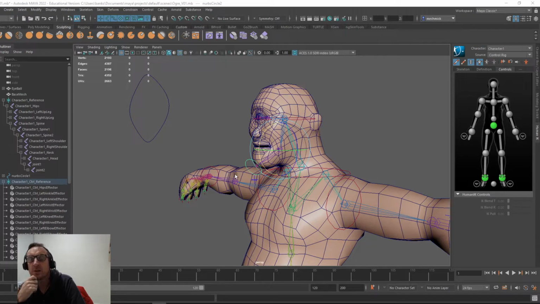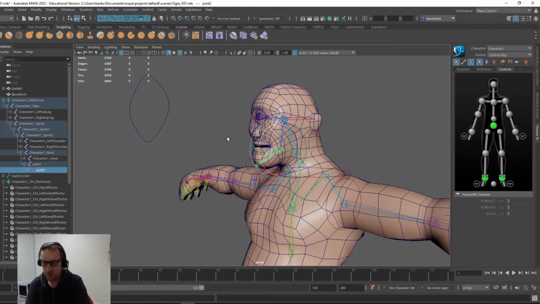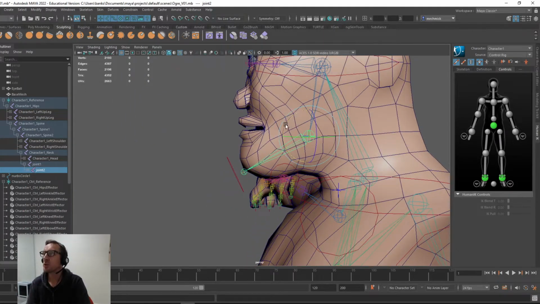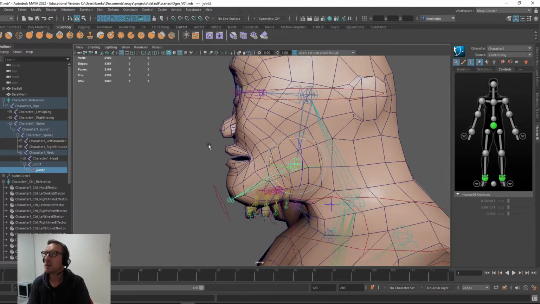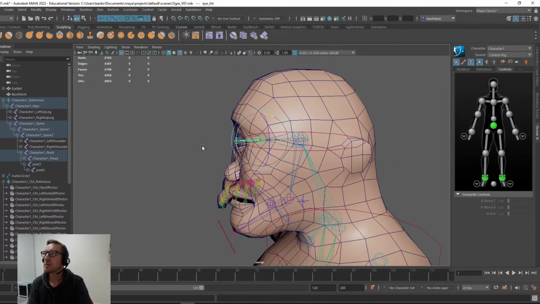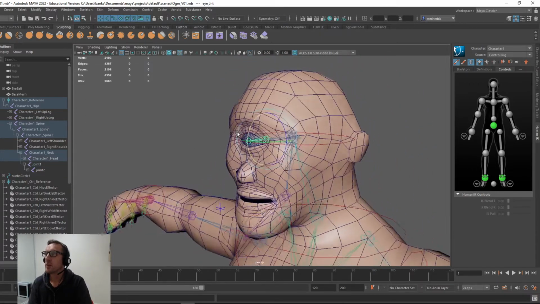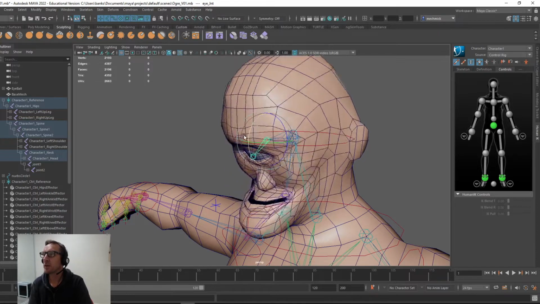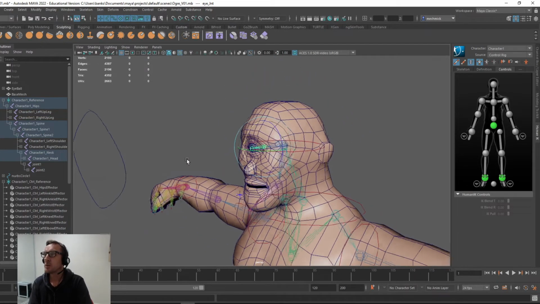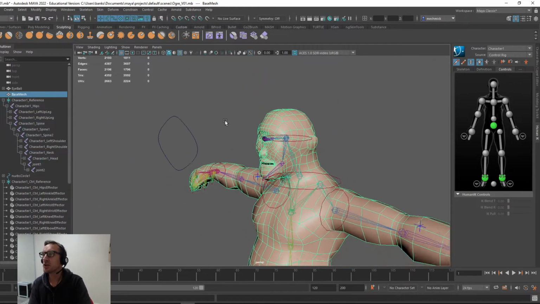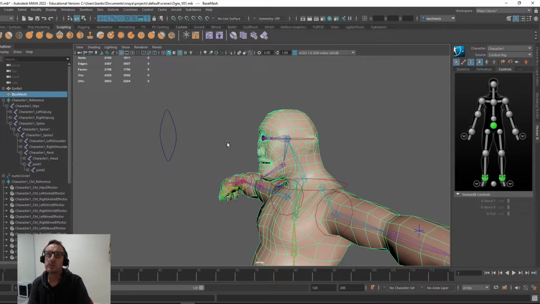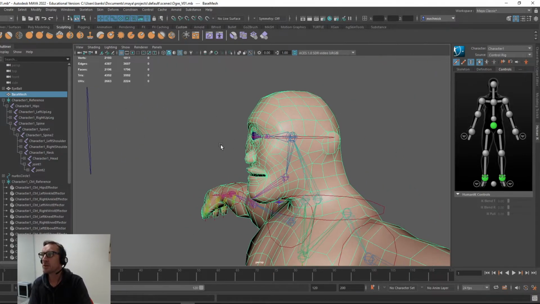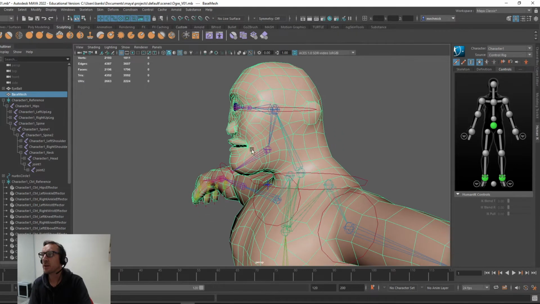In this video, I just want to go over discussing the jaw control, so you can get some motion in the jaw, and eye control. So this is the eye joint, and right now it's skinned for the whole head. Okay, so what I tend to do is select the mesh. Actually, before I even show you how, I'll just remove all the skin weighting for the eye and fix up